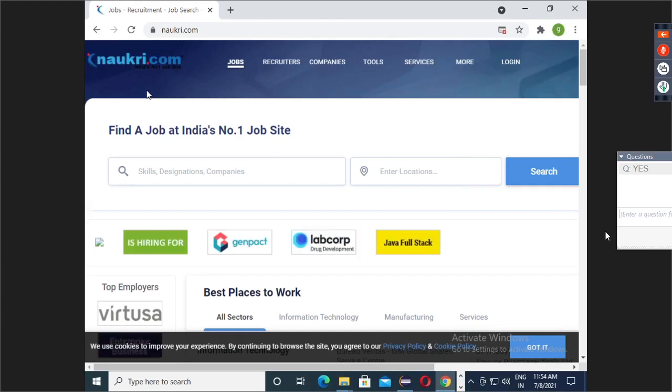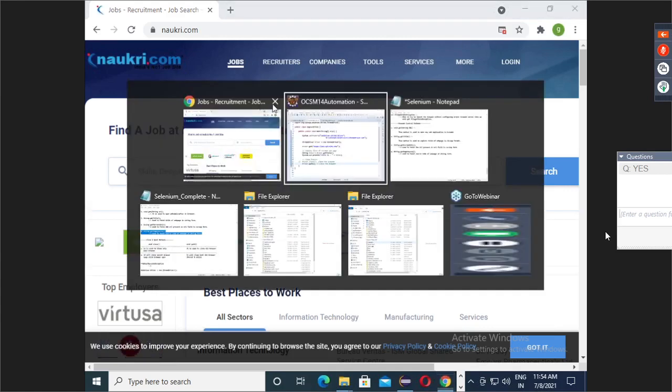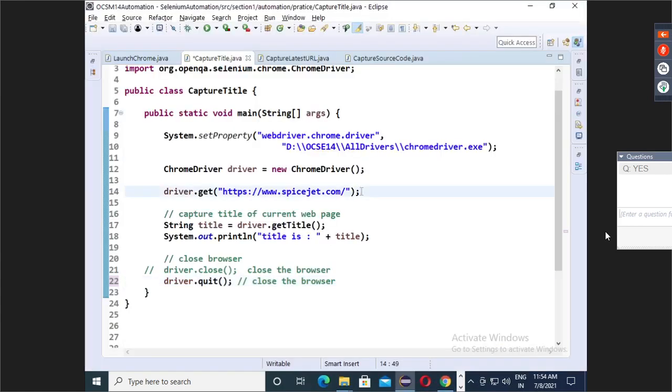Who will give job calls? Now, can we open this website through our WebDriver? What do you think? Can we open this website through automation? Super, then let's go for it.